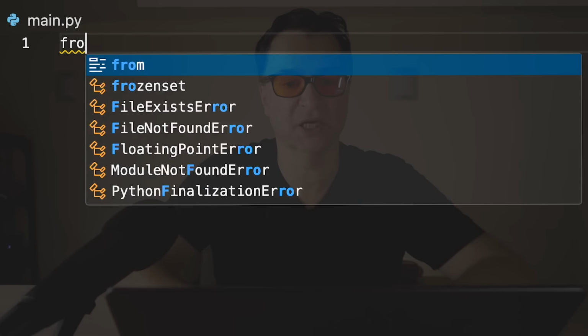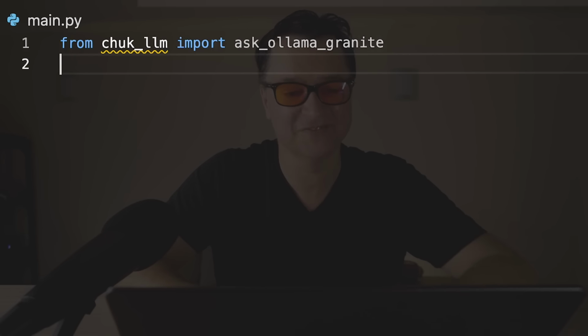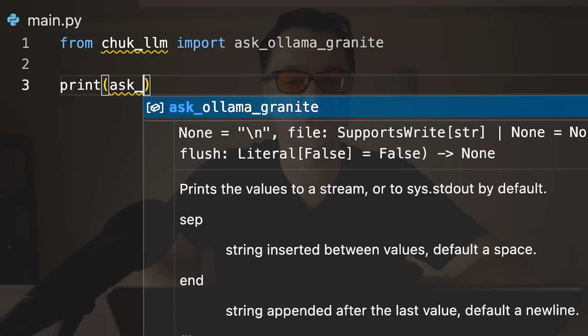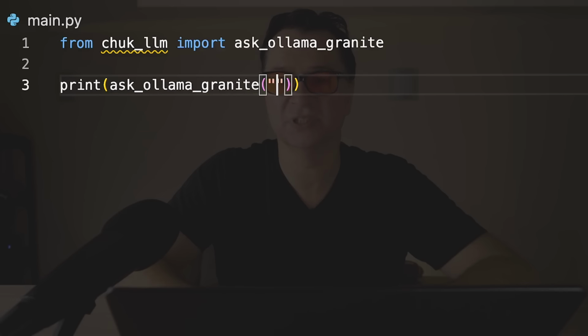So to do that, I just type in from chuck_LLM import ask_Ollama_Granite. So that's my first line of code. And then the second line of code is going to be print ask_Ollama_Granite, and then we're going to say, who is Ada Lovelace. And now if I come back to my terminal and I run uv run main.py one more time,